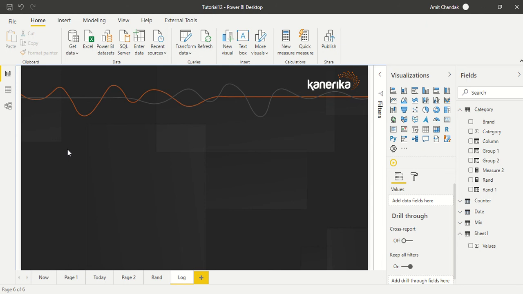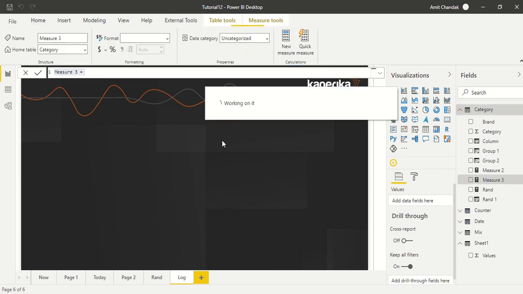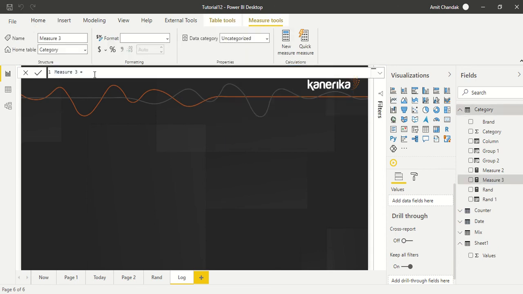We are continuing our tutorial series, and in today's tutorial we are going to discuss two mathematical functions, log and log10. So logarithm and logarithm base 10, that's what we are going to discuss. Let's start. First of all, let's create a measure and then we'll try to create columns also. Let's say log, and without base, let's say I want to give 10, and without base it works as 10. Let's see what it gives.